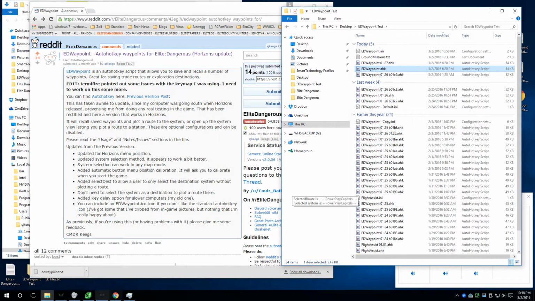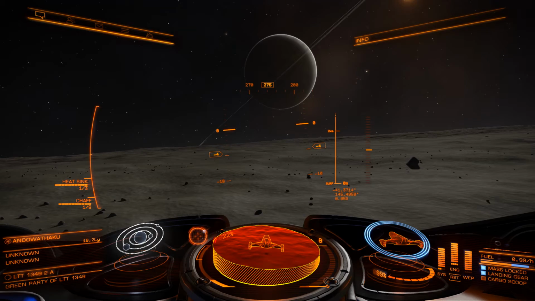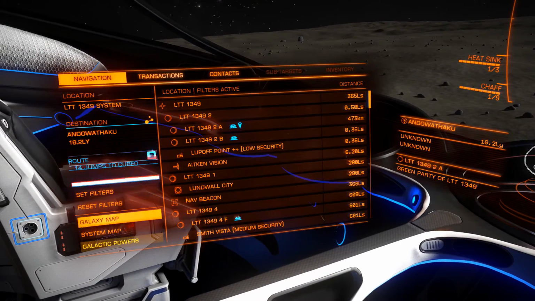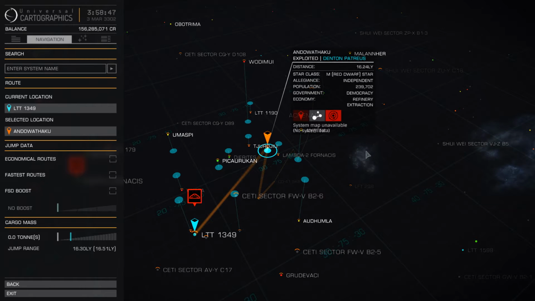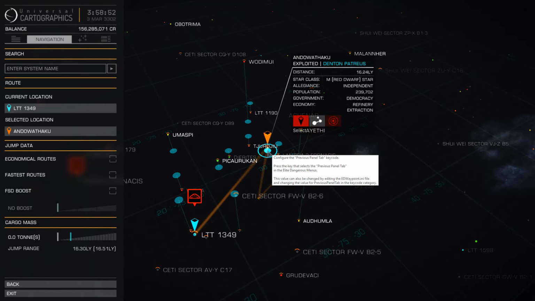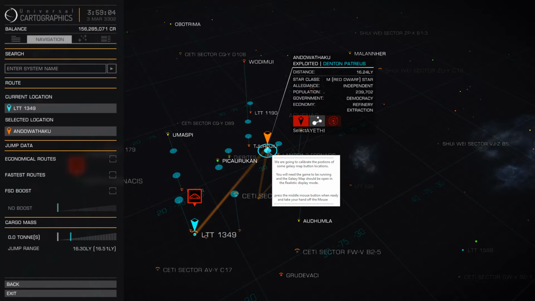Okay, we're ready to go. Now if we go back in here and go to the Galaxy map again. Now if I try to plot Control 1, it wants me to enter the previous panel tab key code. So if I do comma, now it's going to ask me for the next panel, press period. This will depend on what your configurations are, but enter those keys that you use to go forward and back